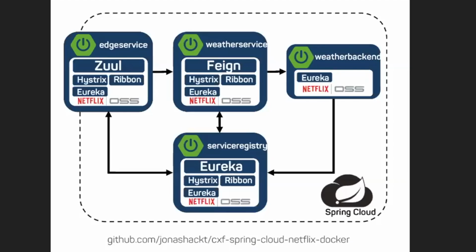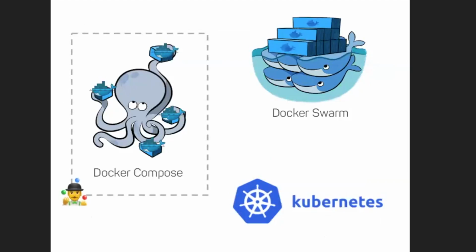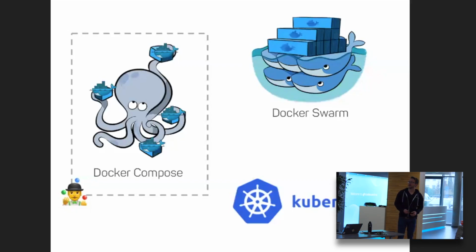And then we have the basis. So we need something to start, how to scale. Okay, let's start with Docker Compose. Seems to be quite easy. It ships with Docker already, so for playing around, and I think also for going to production, it could be a good choice together with Ansible. And then later on, you can just move to bigger solutions, like Docker Swarm or Kubernetes.